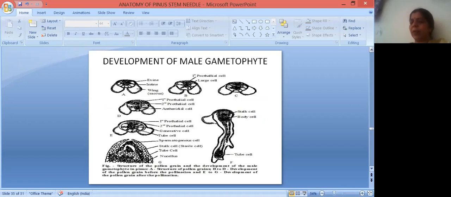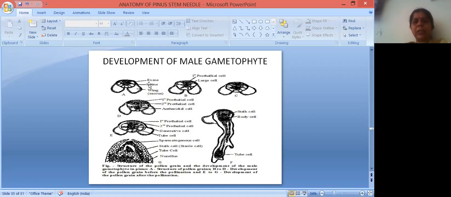It is the gametophytic generation. Till now we discussed the sporophytic generation. Now we are coming to the gametophytic generation of the microspore. Microspore is the initial cell for the development of the male gametophyte. So for the development of the male gametophyte, look at this pollen grain, winged one, with exine and intine,